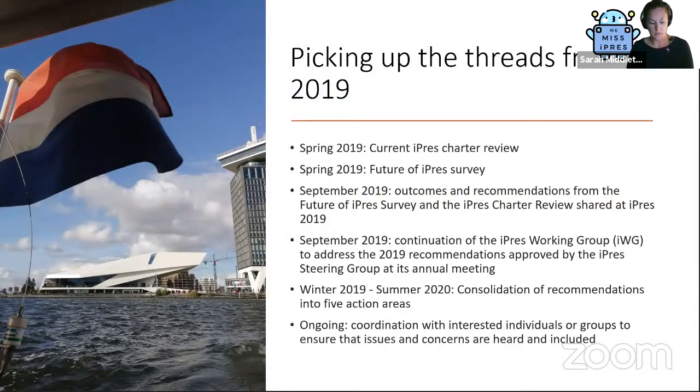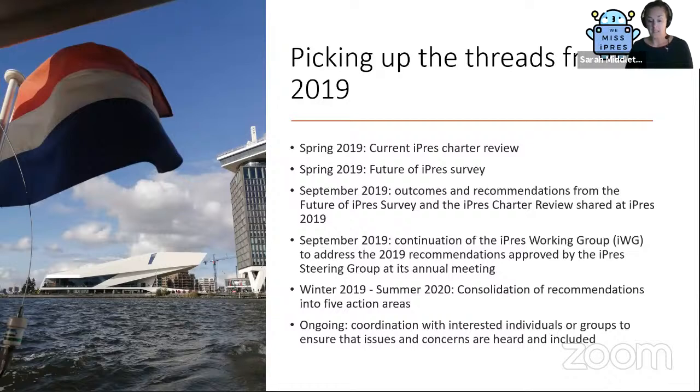So to that end, the iPres working group was formed, and it began by asking the community for their thoughts and ideas about iPres: what it should be, how it should operate, how it should be managed to make sure it meets these objectives of inclusion and diversity. This process began with a review of the current iPres Charter and a Future of iPres survey in the spring last year. The outcomes of these two community consultations were presented alongside a set of recommendations at iPres 2019